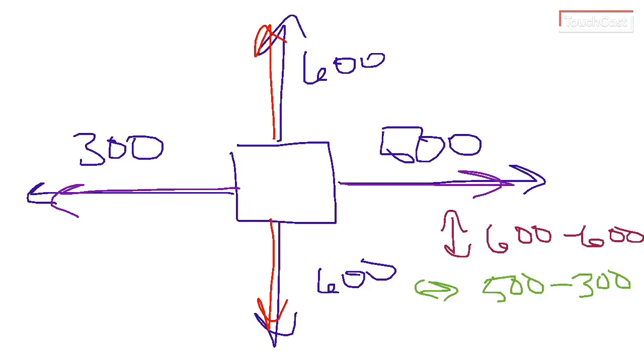So our net force is 200 to the right, because our up and down canceled out, so that's 0, so it doesn't matter. Our left and right did not cancel out. There's 200 left over with the bigger number to the right,